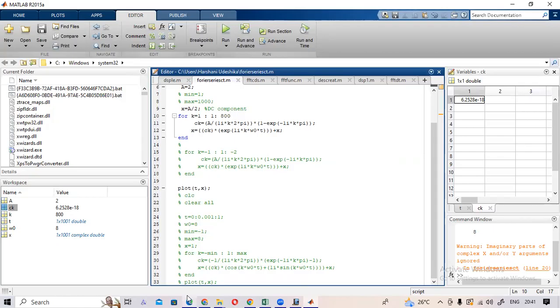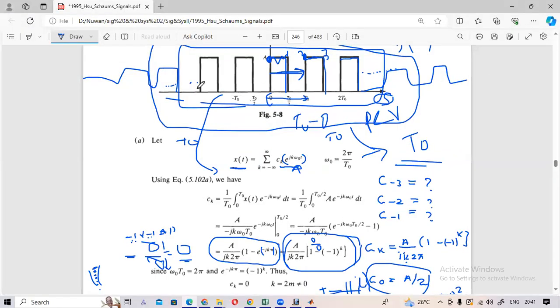We can represent any signal as a collection of